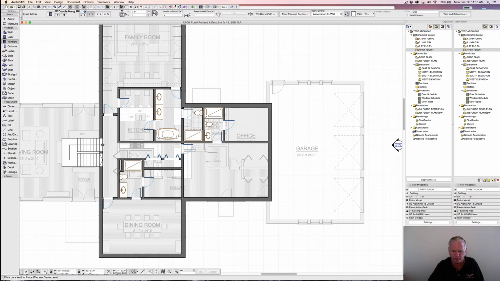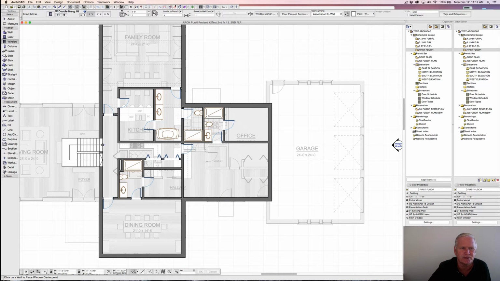We'll start by putting windows in here. I think I'm going to repeat these windows that are on the first floor, and in doing that, that's my thoughts as to a full brick wall, 2-story in the front there. So I'm going to suck up the settings for the window, and now I note that that's a double hung window, which of course I didn't want those first floor windows to be double hung. Those will change, I guess, when we go to elevations later. So I'll go ahead and suck up the settings of that,